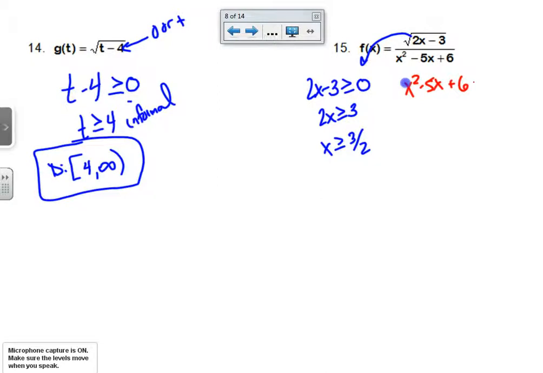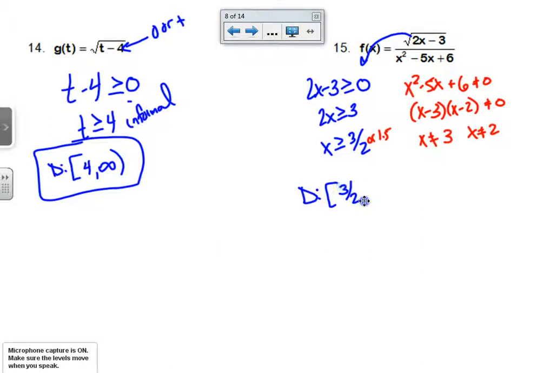Well, it's a quadratic, so we're probably going to find two answers. If I went ahead and factored my quadratic, I would find that x cannot equal 3 and x cannot equal 2, because either one of those answers would create a denominator coming out to the number 0. So I have to somehow show, if I think about a number line, that my numbers that are acceptable have to be bigger than 3/2, or 1.5, and my number can't be 3, can't be 2. So, the domain must start at 3/2,